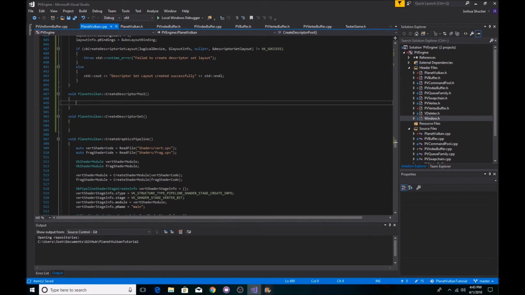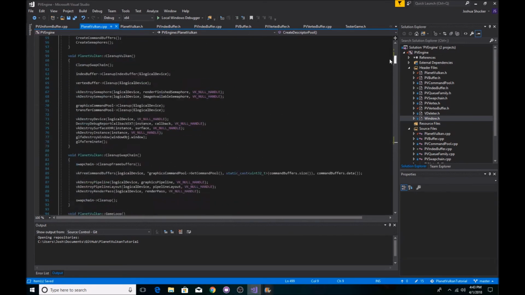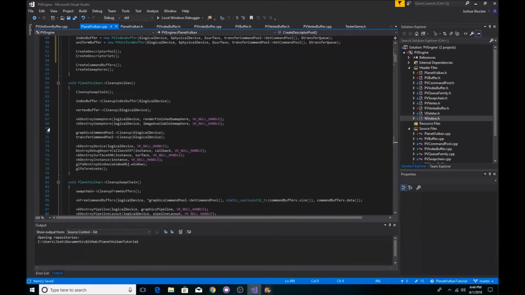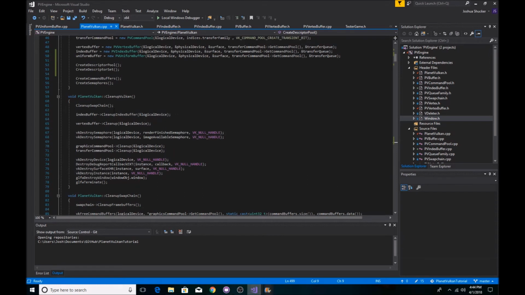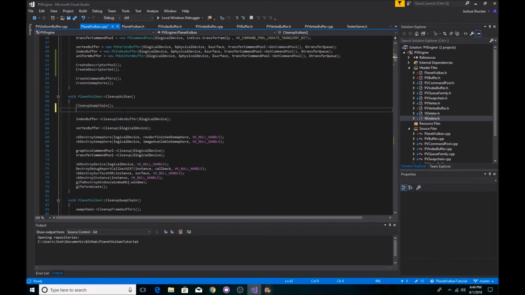Oh, actually, there's one more thing. Totally forgot, and this is bad. Got to make sure we clean it up properly as well. So, let's see, where did we do clean up IndexBuffer, swap chain, so right in between these two we should have it. So we want to call